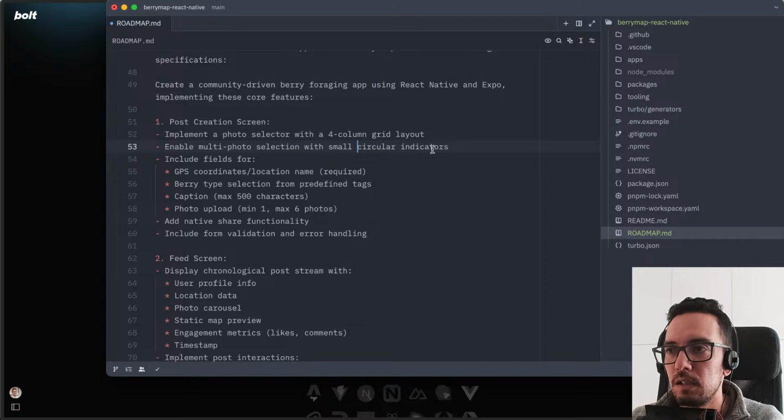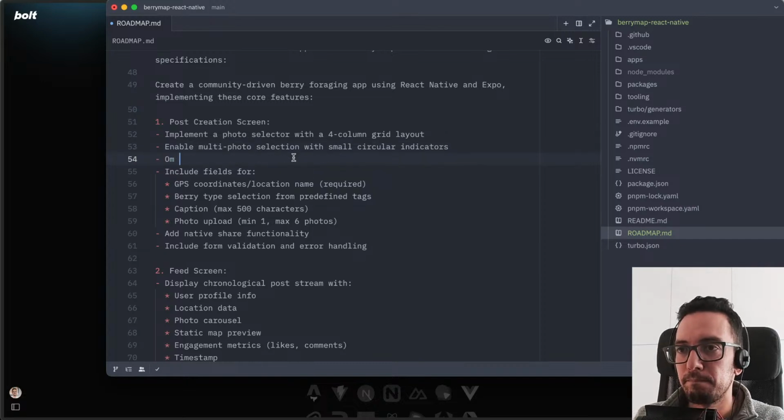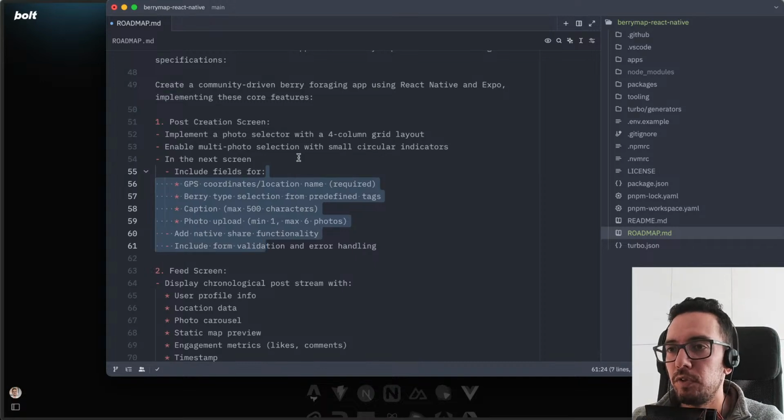I guess it makes sense. In the next screen, include fields for